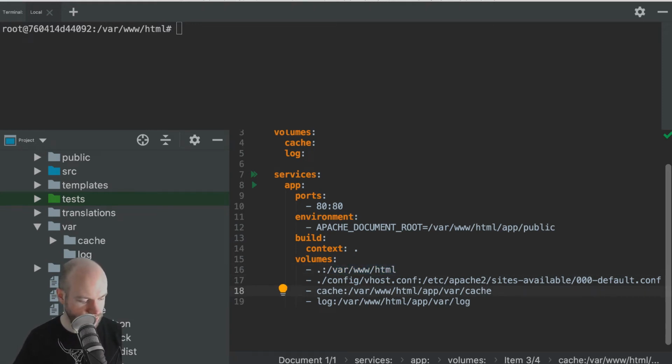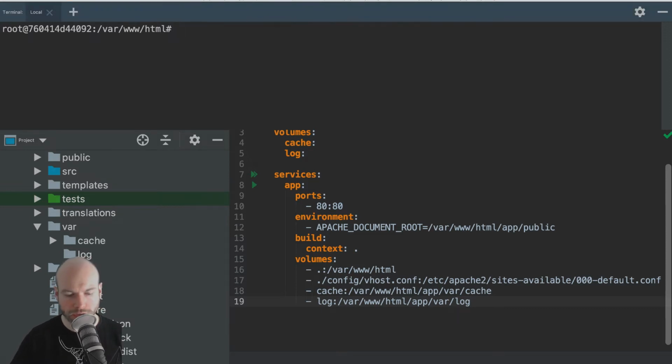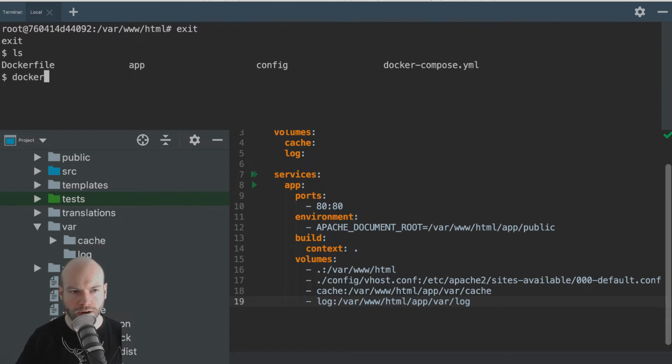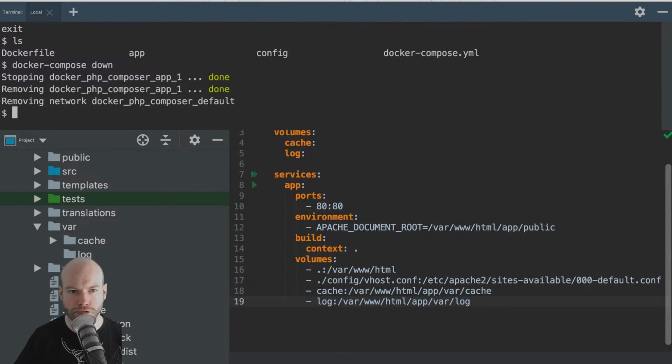So I'm going to just save this. Sorry, my phone just went off. I'm going to just save this. And what am I going to do? I'm going to exit the container. Let's just do a quick ls to make sure that we are in the right space. That's all good. We're going to do a docker compose down to bring the containers down.